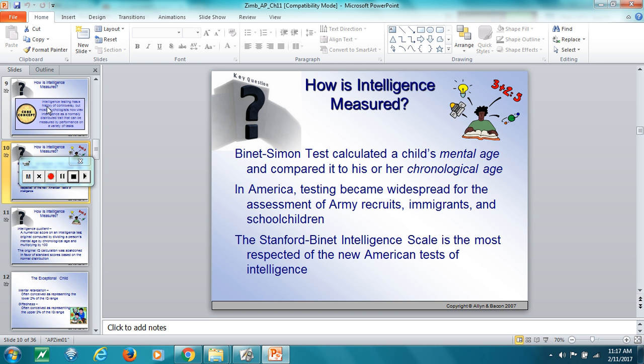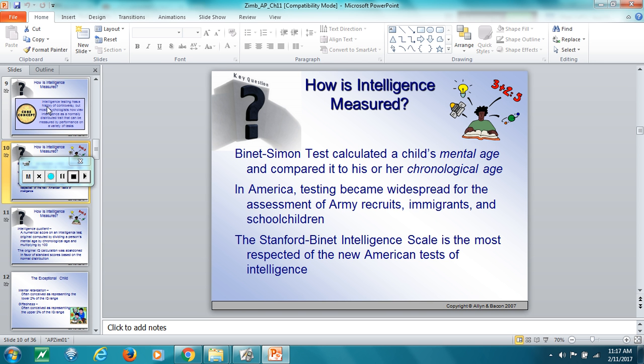And the idea was trying to figure out where students should be placed as far as grades and who needed help. And so Binet and Simon came up with this test, and it only had roughly 30 problems, and it would sample a variety of different abilities. This test would be used to predict whether or not a student could handle what would be identified as normal schoolwork.